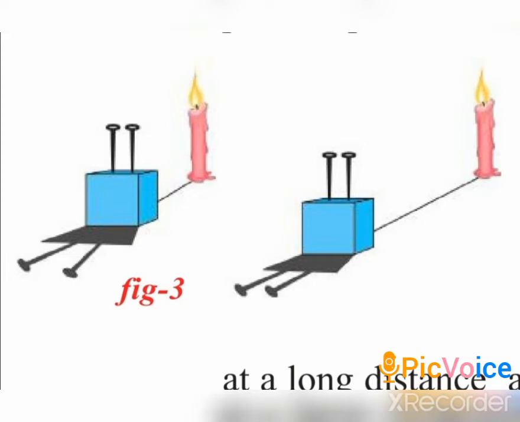The nails in the shadow are diverging from each other. Diverging means they are looking like a V shape, right? They are far from each other. They are not parallel. This is because the rays are diverging from the candle, and when they hit the nail, the shadow is also formed in the same manner.